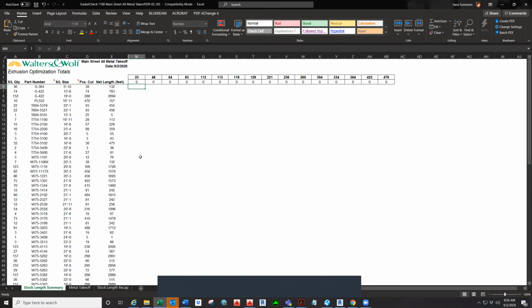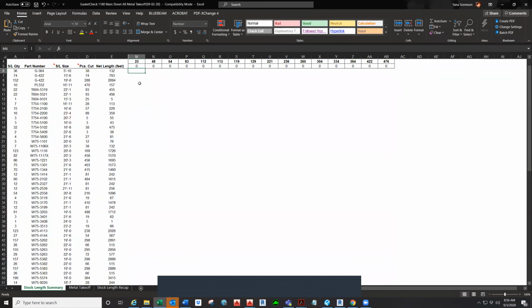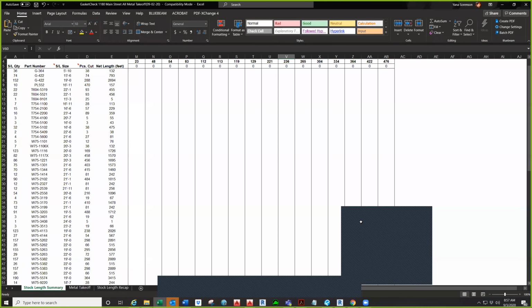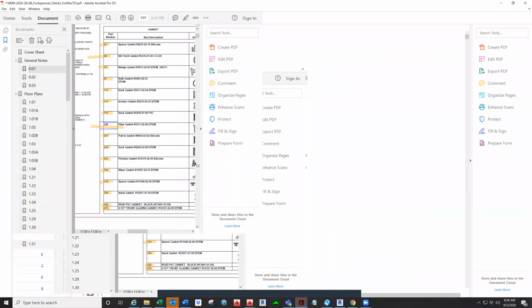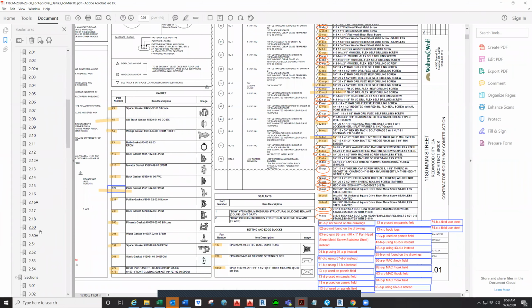Now I need to just make it a little bit more usable for myself. So this is how my form looks. I'm ready to start checking the gasket. So how do I check the gasket? I pick the first gasket in the list, gasket 23, and I go on my drawings